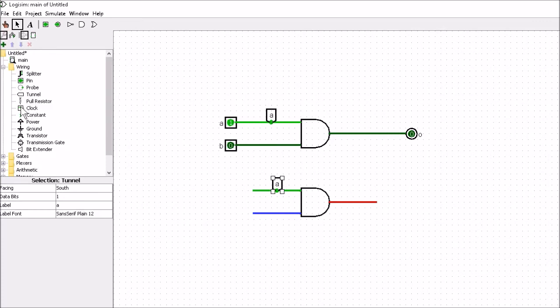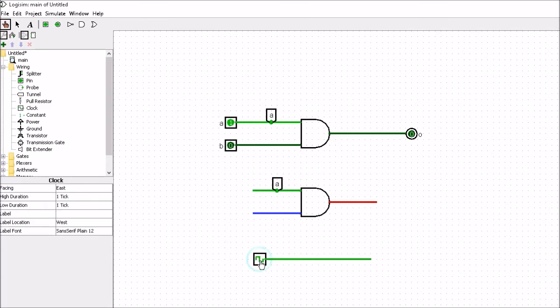We have another thing here called the clock. So if I click on this here, and I then go into the simulation section, you can see here that I can tick this clock by just clicking it with my mouse button, and you'll see it goes high and low, high and low. I can also run a simulation.